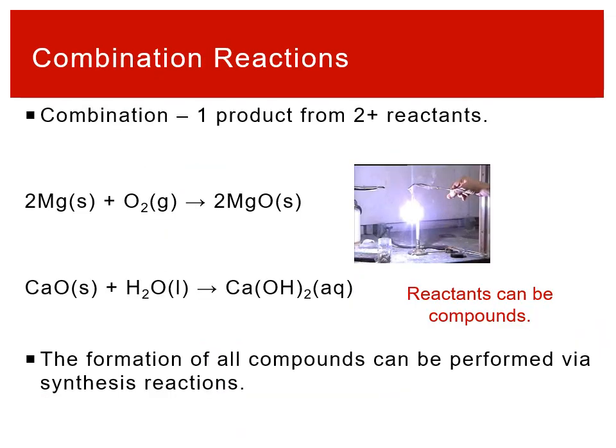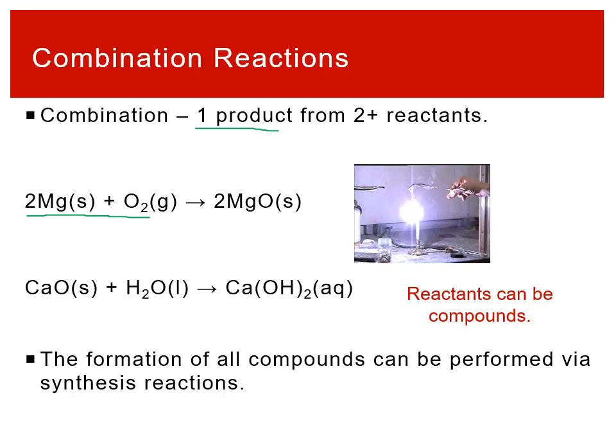So for our combination reactions, the key feature we're looking for is one product. Combination reactions feature one product and more than one reactant. It can be 2, 3, 4, whatever it is. You can have elements combining to form a single product. An example of that would be burning magnesium. You'll see that in the lab, where you light it up in oxygen